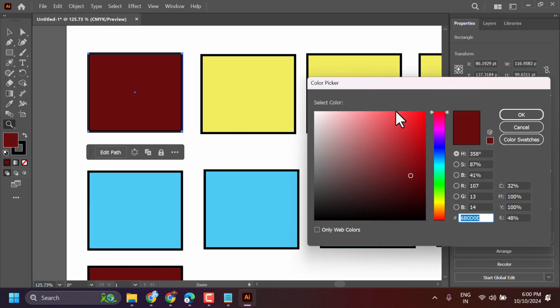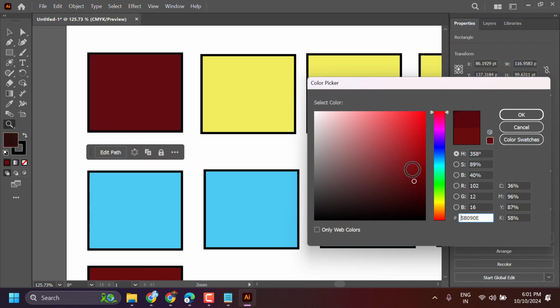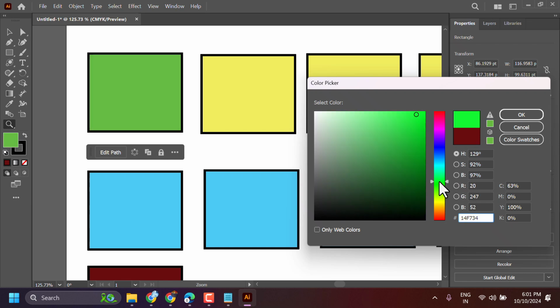Now here you can select any color. Also you can move your mouse to your required color. Also you can add the code here if you have the color code. So insert,